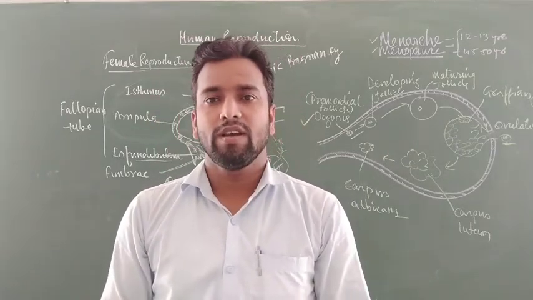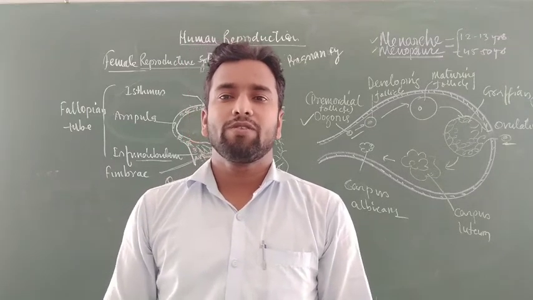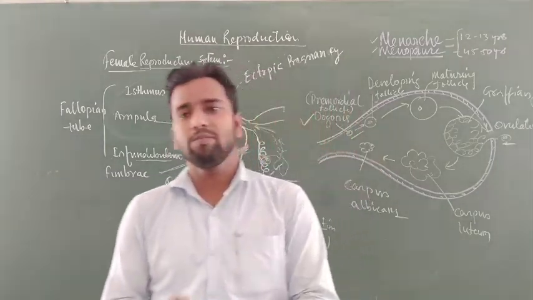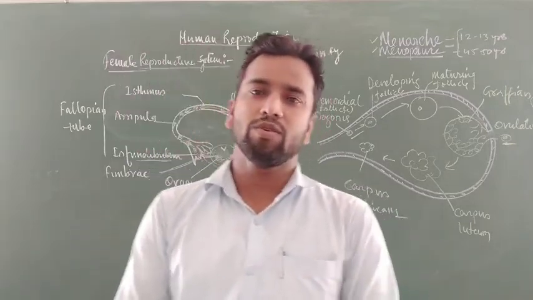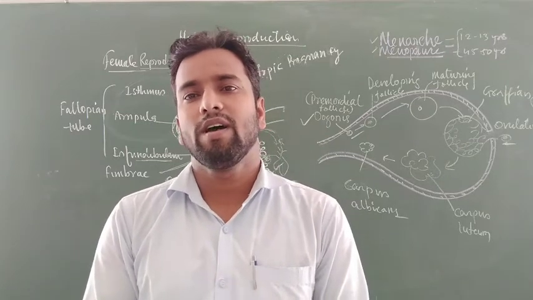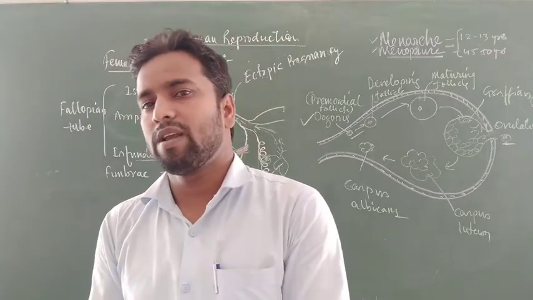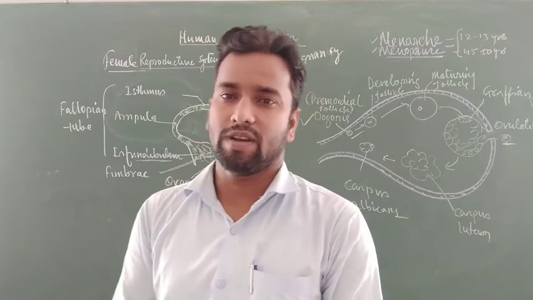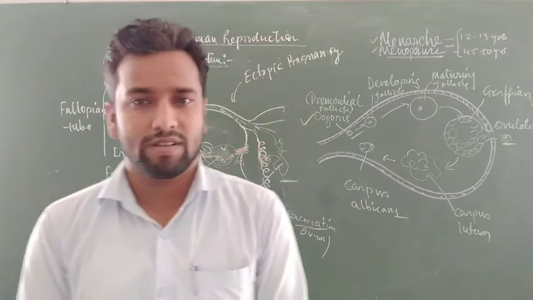You have already seen it today. Now, the next topic will be gametogenesis. How gametogenesis differs in both cases, male as well as female. In both cases, the process of gametogenesis is a unique phenomenon. How a single spermatogonium produces 4 male gametes, while a single oogonium in females produces only a single egg. This is a very interesting and very important topic of gametogenesis. Thank you, students.